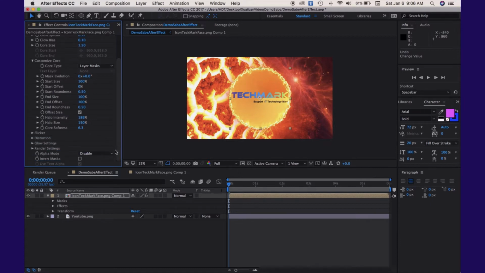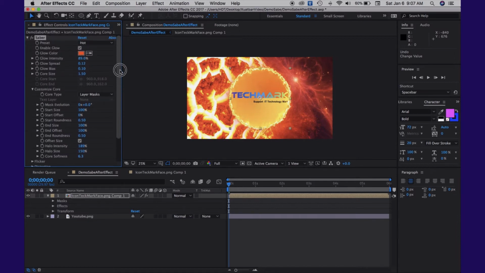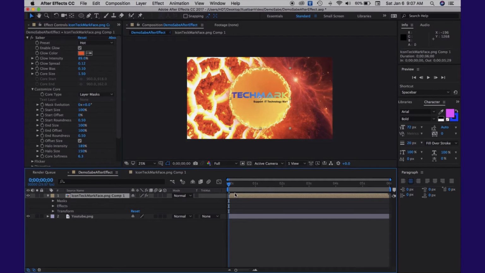Features. As we mentioned above, for a free plugin, there is no shortage of features in Saber. The foundation of Saber is a light beam that is created by dropping the plugin on a solid layer. Once the Saber effect is in place, there are several controls to adjust the look of the effect. Controls for color, light falloff, glow intensity, spread, and glow bias give you a range of unique options right